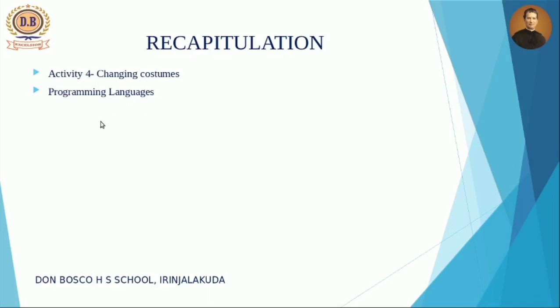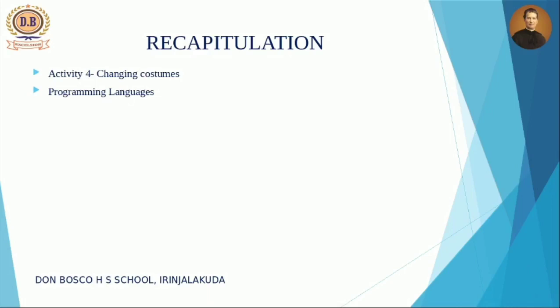And after that, we have learned about programming languages. We have seen that all the software, including games in the computer, are created using different types of programming languages. Some examples of programming languages are Python, C, C++, Java, etc. But it is not that easy to use these languages, because we have to learn the instructions of these languages by heart to make a program. So it is not easy.